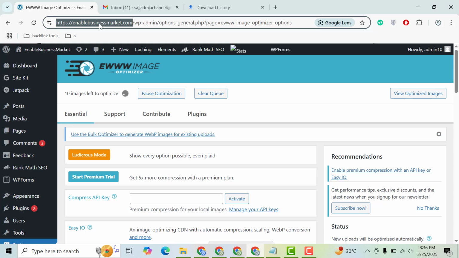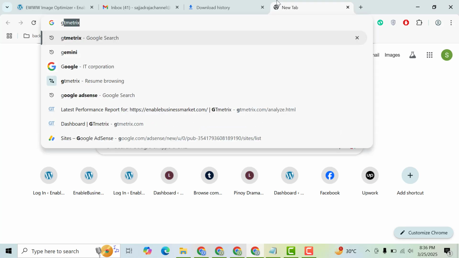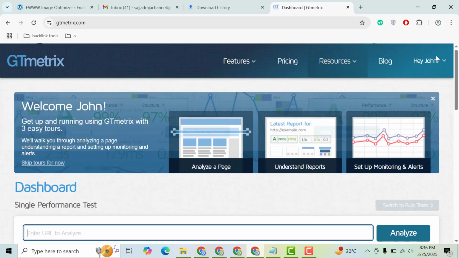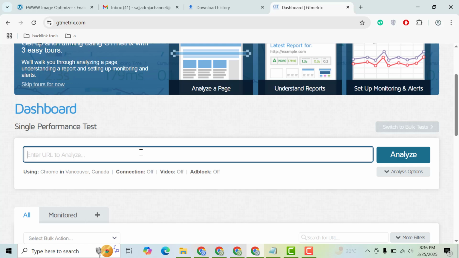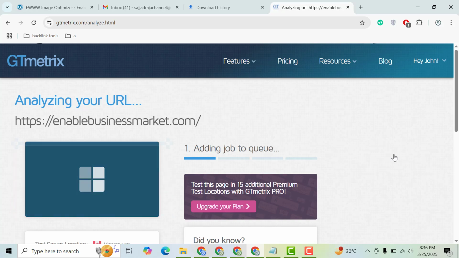Now if you want to check your website speed, you can copy the website link and go to GTmetrix. So using this tool you can check your website speed and performance. Just add your website link, then click on the analyze button, then scroll down,